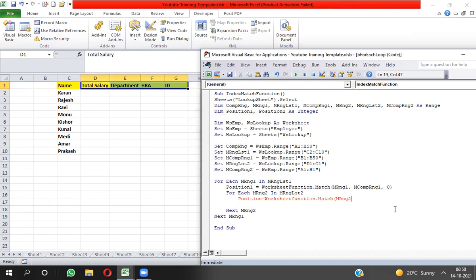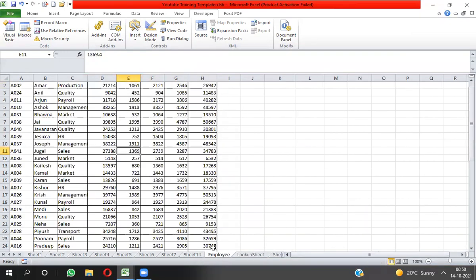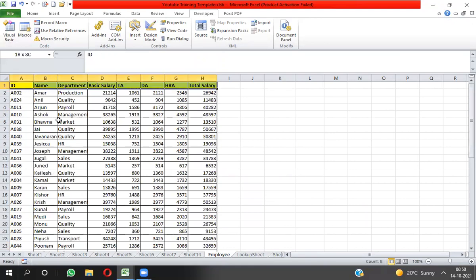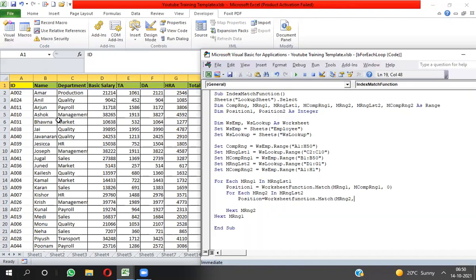So that's why I have taken lookup value, comma, the table array should be this complete reference of the second match. So this complete reference I have set into a1 to h1, this one, m comp rng2, comma 0 bracket close.